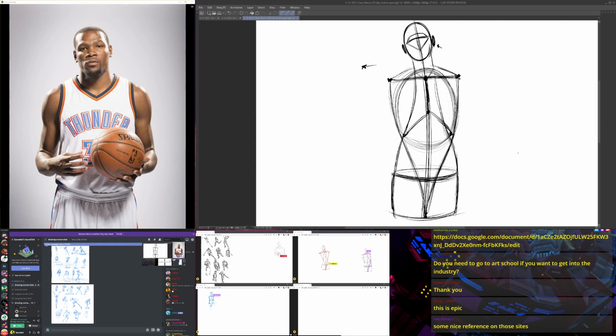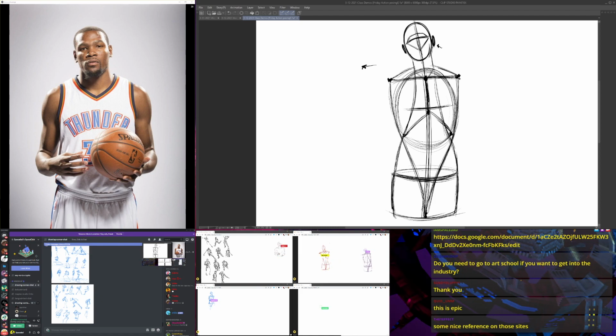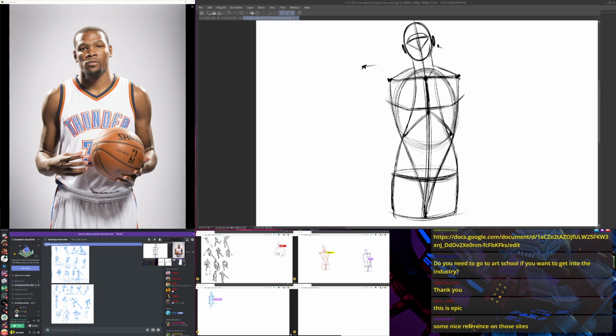So let's see here. Slightly above the sternum there, I'm gonna put a little line here to indicate the rhythm for the pectorals there. These go up about to where the arms would be there. And let's see, what else can I add? Oh yeah, so we got the corners of the rib cage.